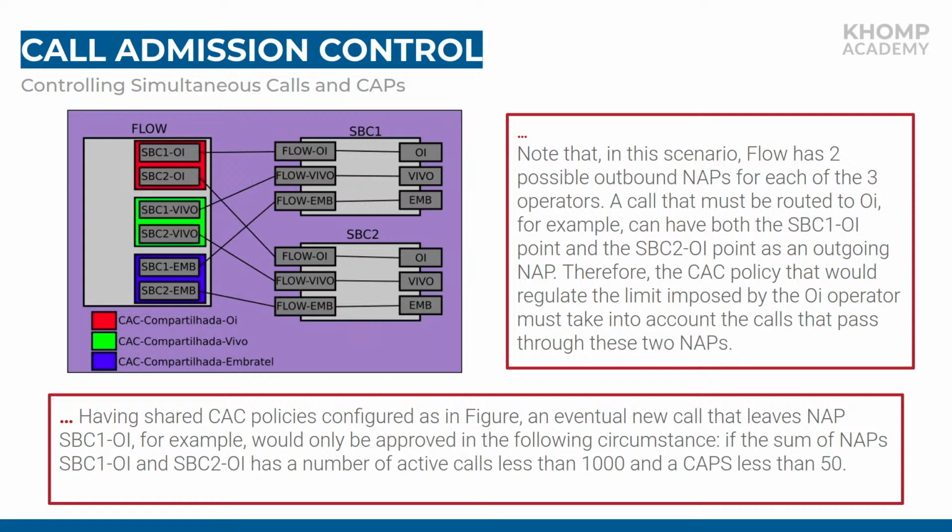Therefore, the CAP policy that would regulate the limit imposed by the Oi operator must take into account the calls that pass through these two NAPs. Then call admission control is going to count the calls in these two NAPs